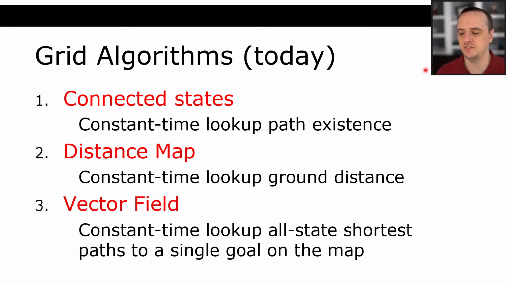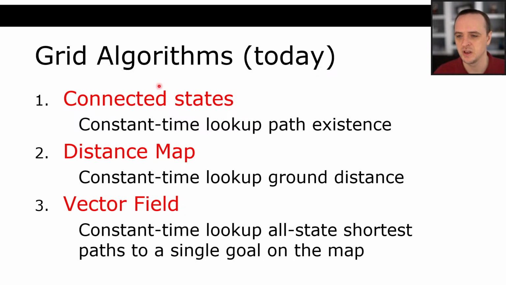What all of these different grid algorithms do is they allow us constant time lookup after we've computed something. Pre-computation, as we know, is the ability to spend some additional memory and additional time at the start of a program so that our queries like pathfinding or connectedness or distance end up being faster in the long run. Typically, whenever we make a program, it's the query time that we're most concerned with. We don't mind if it takes a second or two when we start the program